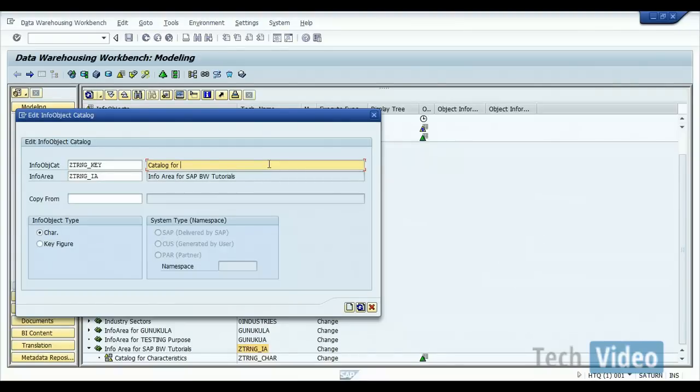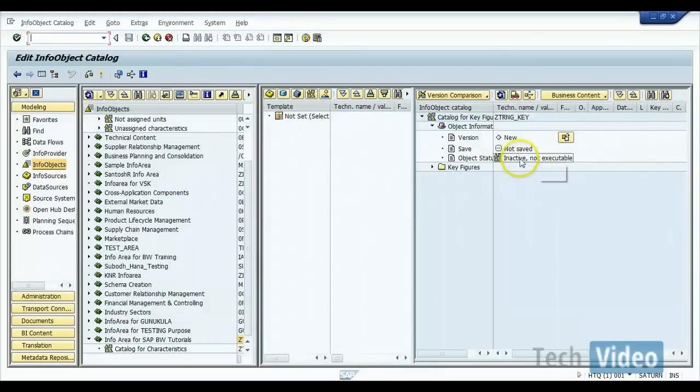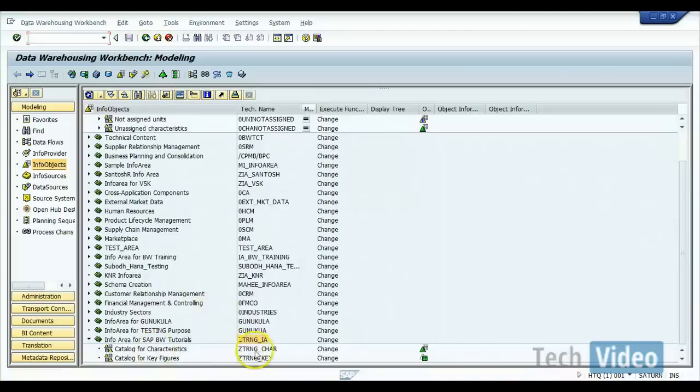So catalog for key figures. Here we have to select key figure and then create. Now it's inactive, not executable. We'll activate this to make it active and executable. So these also activated successfully. I'll come back. So we have an info area under which we have one catalog for characteristics and one more catalog for key figures. Now we are ready to go